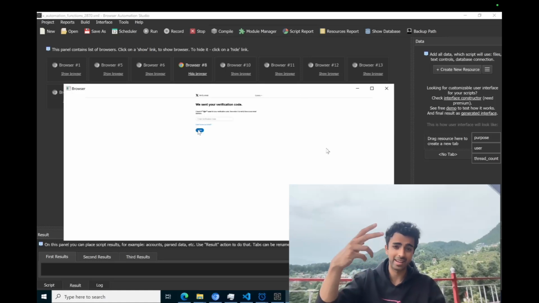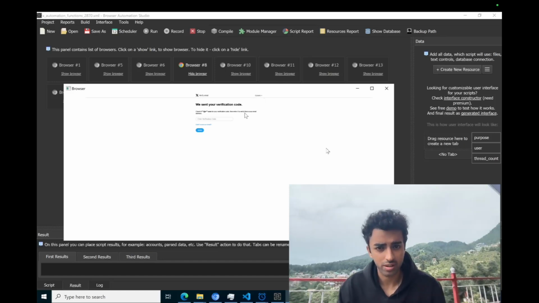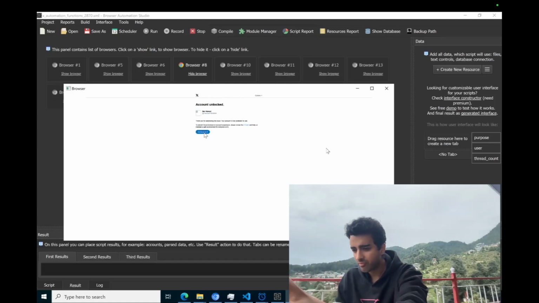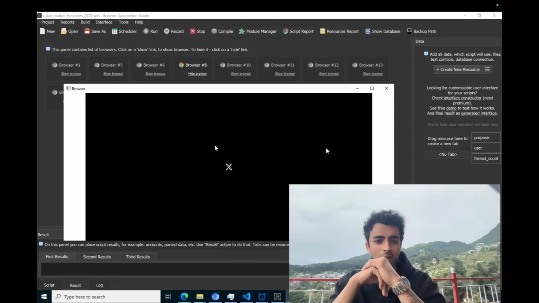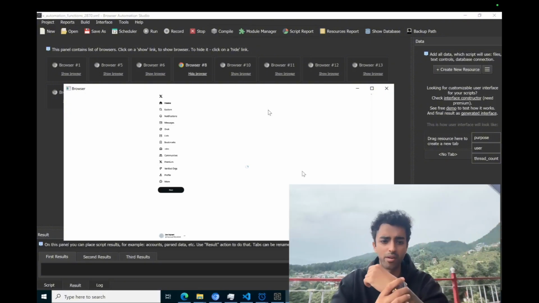There's an automation in this that waits for the email verification code, and once it receives it, soon hopefully, it's gonna enter the email verification code, and it's gonna do this for all the accounts. It's happening all at the same time. So look, it got the email verification code as well. Account unlocked. Look, I'm not doing anything, it's just happening on its own. It loads slowly because we're using a proxy. Yeah, okay, it loaded. Perfect, we're logged in.